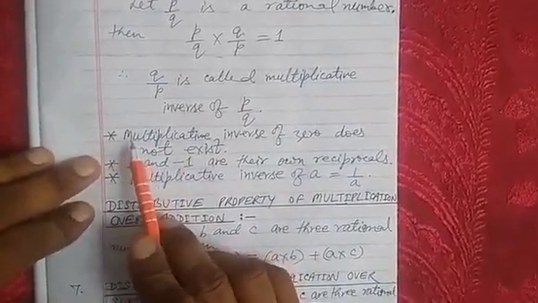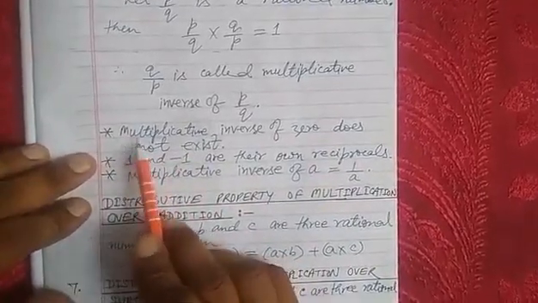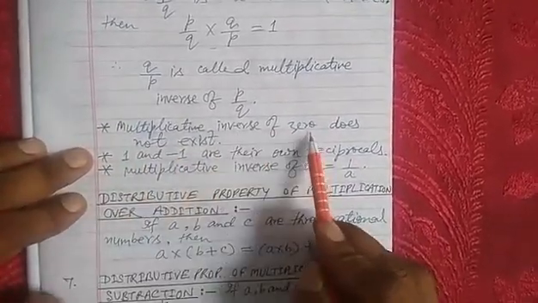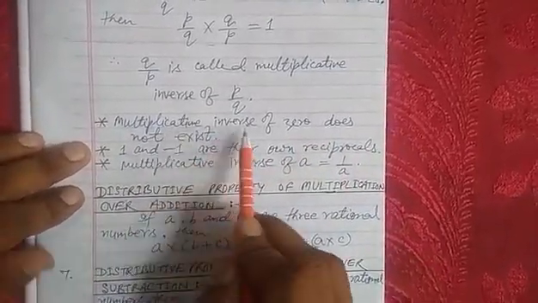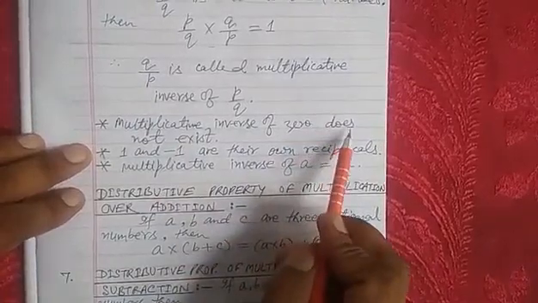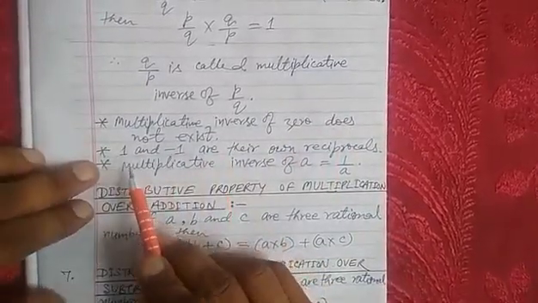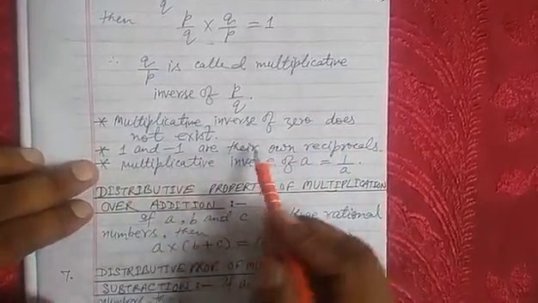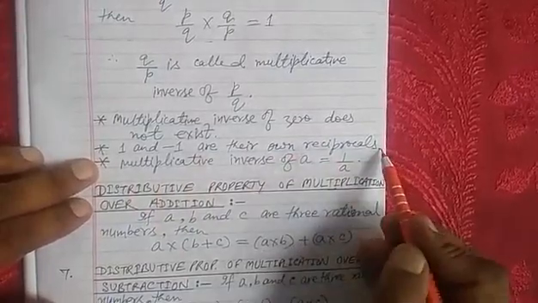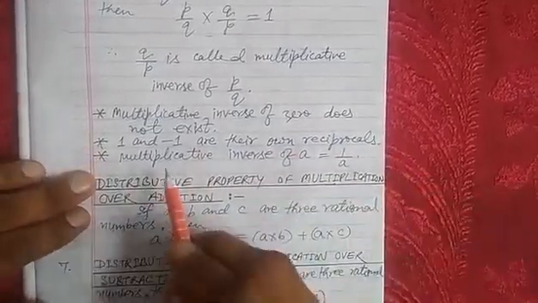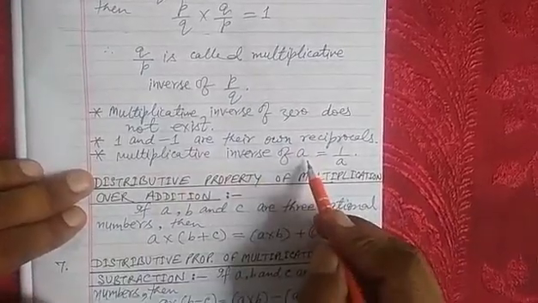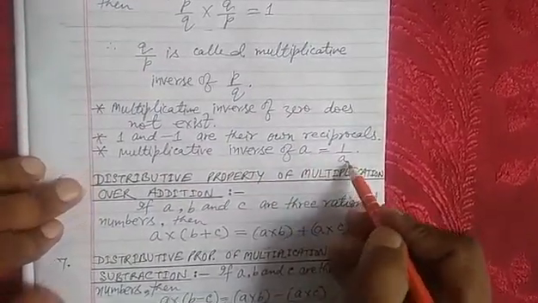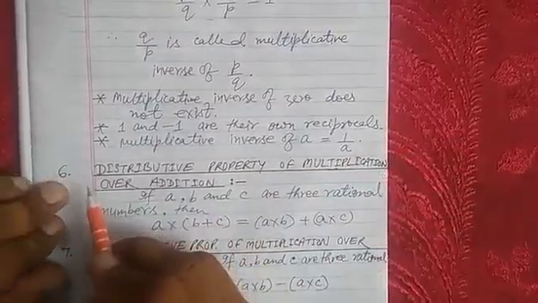The important points of this topic: first, the multiplicative inverse of 0 does not exist. Second point, 1 and -1 are their own reciprocals. Third point is the multiplicative inverse of A is equal to 1 upon A. Now, sixth property is